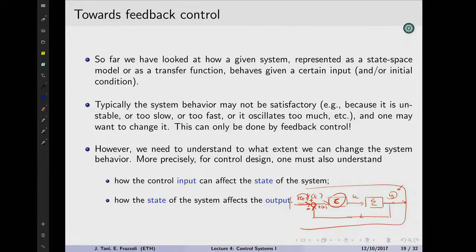And you can arbitrarily replace whatever your system is with whatever you want. That seems like the perfect way to go. This is a technique called pole placement. And today we're going to build up a little bit towards it to show you an example of how pole placement is powerful. And of course, we'll even see what the challenges are.